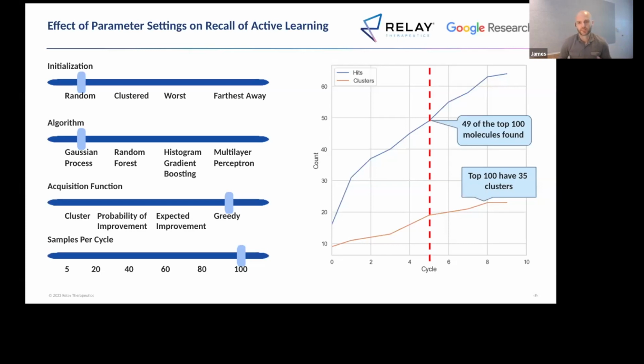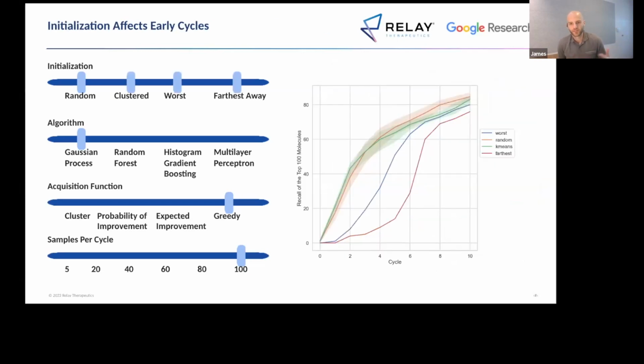Surprisingly, what we found was if you ran it for enough cycles, they all kind of converge. So here at about 10 cycles, they all start to converge to the same performance. But if you do start from the worst or the furthest away set, you kind of hamper the initial performance of the first few cycles. So in some ways, if you get unlucky with your start set, you will find poor performance for a little bit, but the active learning process can recover and rebound from this and eventually start to find good molecules